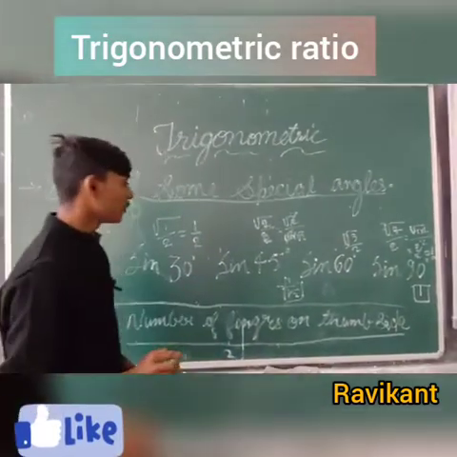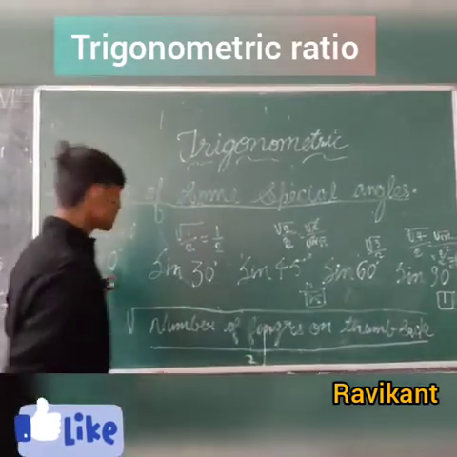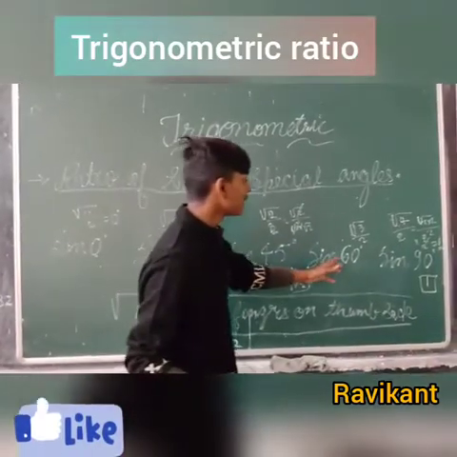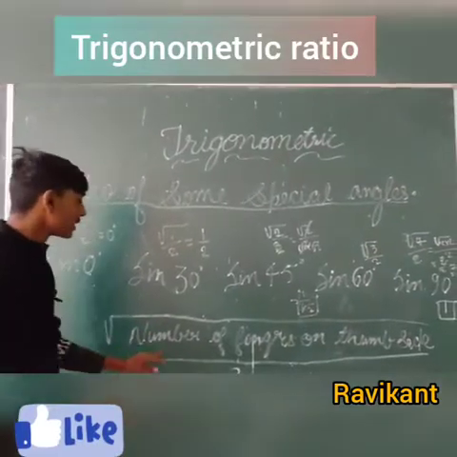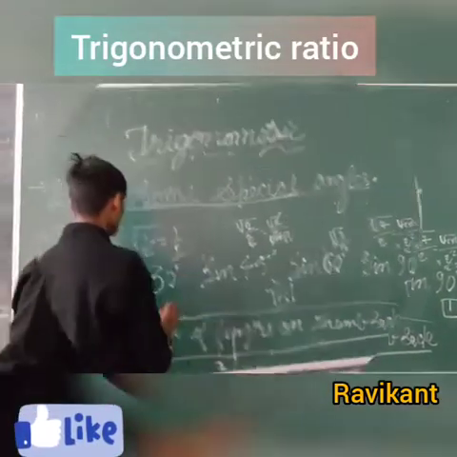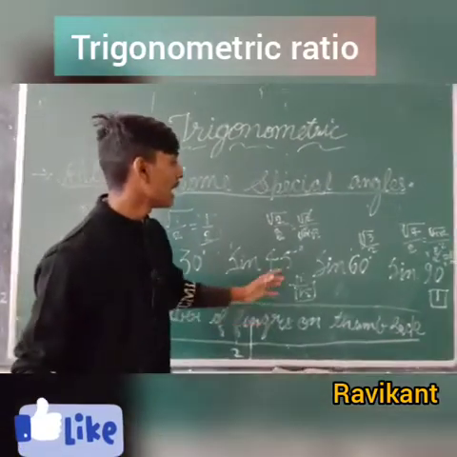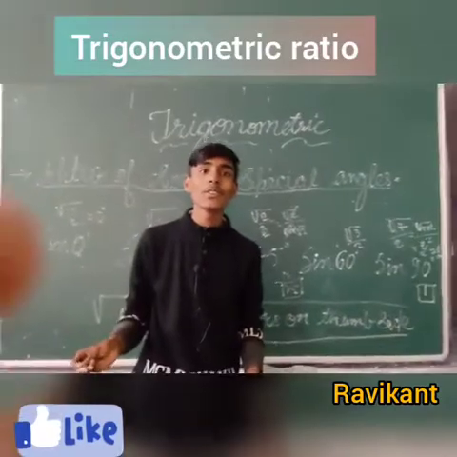Now in the same way we can find all the values: sine 0 degree, sine 30 degree, sine 45 degree, sine 60 degree, and sine 90 degree. How will we find them? The expression is given here: the number of fingers on the thumb side, under root, by 2, for the angle, like 30 degree. So no need to remember. We will do it similarly and get the answers. Now we will meet in the next video with the same trick.